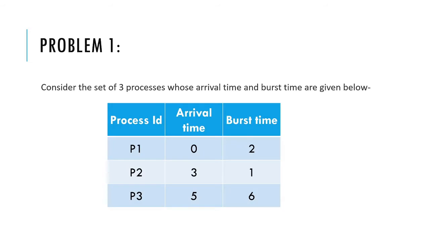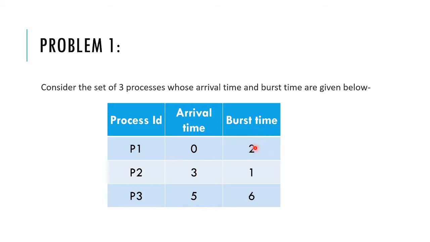It is one of the simplest problems that we can understand for FCFS scheduling. Here there are three processes, P1, P2, P3, and the arrival times of the processes are 0, 3, 5, and burst times are 2, 1, 6. So from this table, what do I understand? That the processes arrived in the ready queue at these timings 0, 3, 5. It could be seconds, milliseconds, or any unit, or 0 minute, 3 minute.